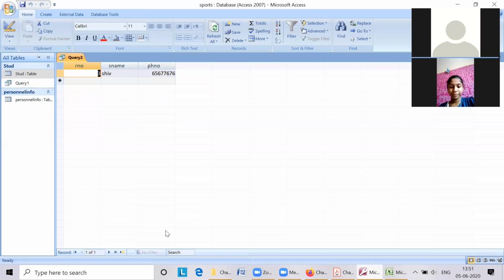Have you got this? Yes, sir. So these are two separate tables. I have created a relationship and I have executed the query and fetched the data. Can you do this in Excel? No, sir. It is possible, but you require some programming skills or something else to do. But in Access, it is very easy. In a database, it is very easy. Now you are getting the basic difference between Excel and Access. Yes, sir.